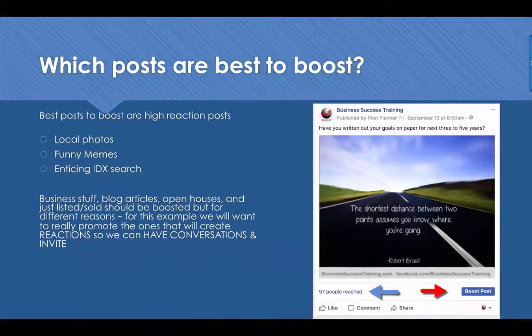but this is for a different reason. This isn't to create this high engagement. That's to get the word out and get maybe a conversion. But right now, when we're talking about this overall process, let's get interaction and let's create conversations. We want to go ahead and focus on the stuff that's going to get the most likes, the most memes, and the most